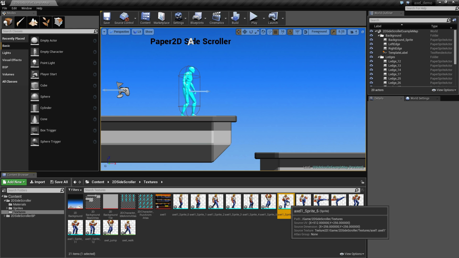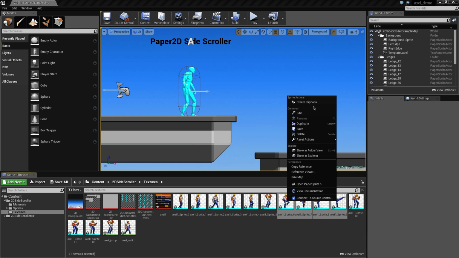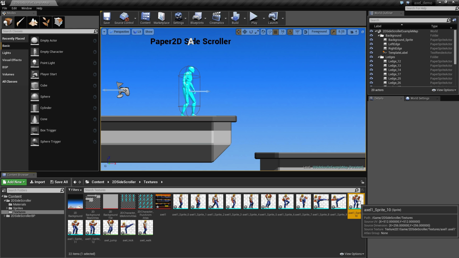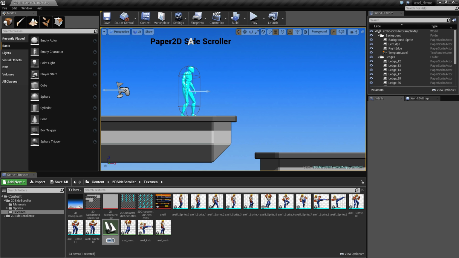There's this kick movement as well, which we'll make now, but we'll come back to that in a subsequent tutorial. So we create flipbook and call it axle_kick. And then finally there's the idle cycle, which are the last 3 frames that we imported here. So right click on those, create flipbook and axle_idle. Okay, so we've got 4 little animation sequences, our flipbooks at the end, and they're based upon these